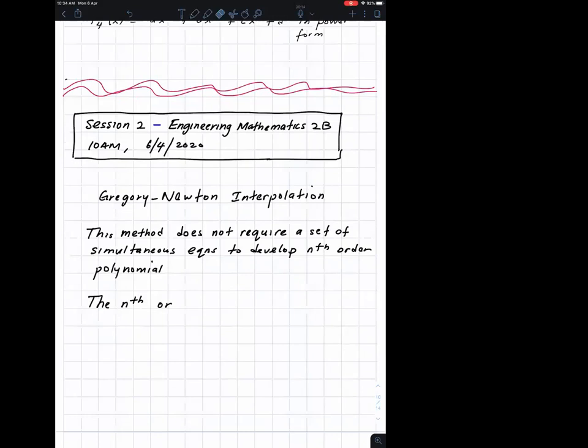The nth order polynomial, nth order interpolation formula, as the form